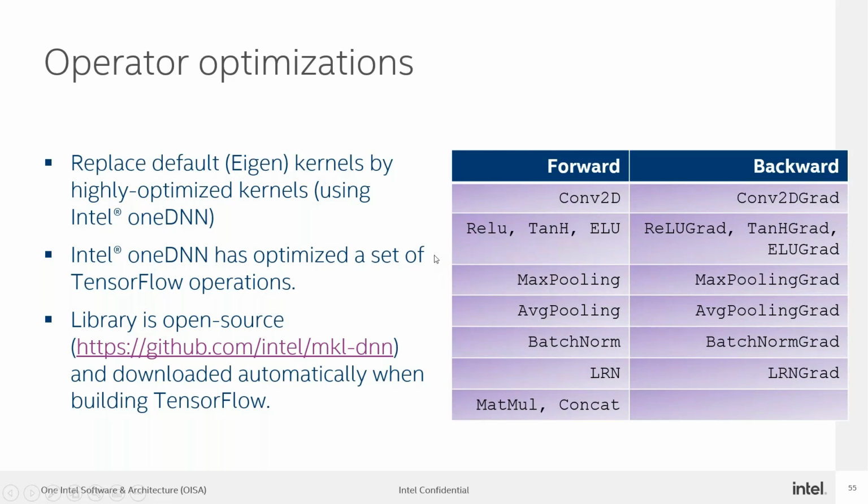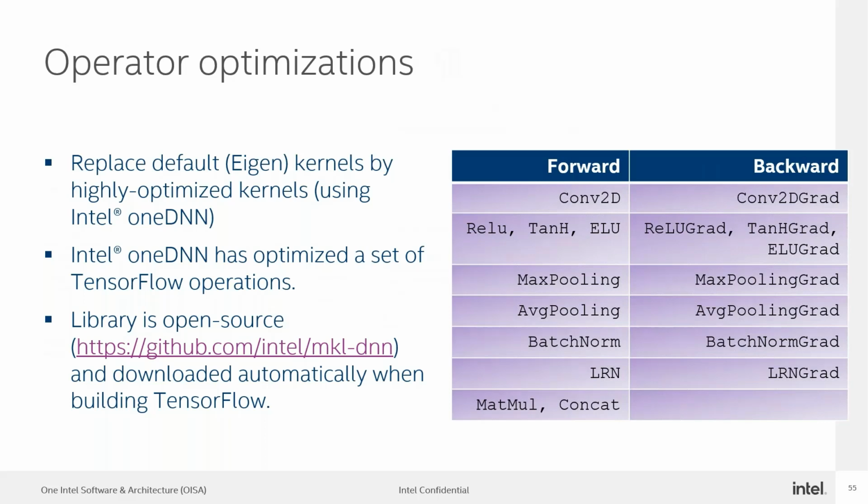These are mainly convolution and pooling norm, but it also includes all the RNN and other operations. So these are the operations which are automatically optimized by oneDNN. So this is a kind of operator